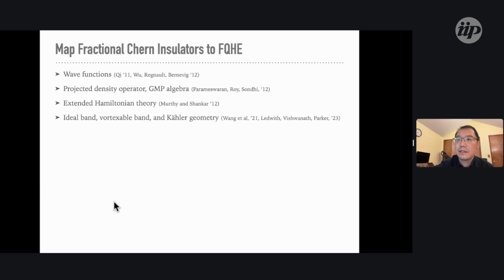And then more recently, I think the field is basically littered with the idea of ideal band, vortexable band, and quantum geometry, which is also kind of interesting. But if you think about it, it's really talking about a very specific condition. So we know that if you think about a parameter space, let's say you have some point indicated by the star here where the ideal band condition is satisfied. Okay, so we may say there is a fractional Chern insulator. But if I change my parameter just a little bit,